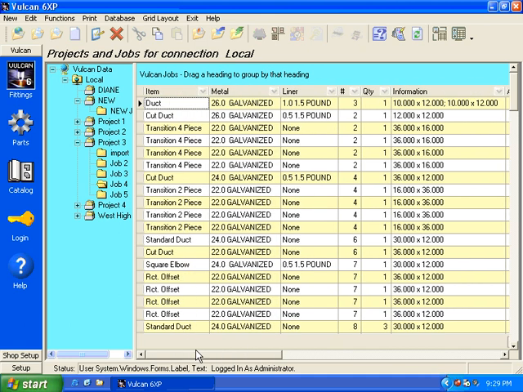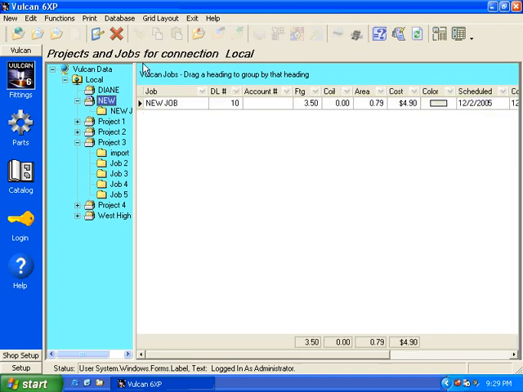Well, I hope that this has cleared up any kind of questions that you may have about specifications. Just remember, specs are project dependent. If I have a low pressure file from one project, that low does not follow through to any of the other projects from that point on. If I make a change in one of my projects, let's just go back to new for example, and if I make a change to my spec,